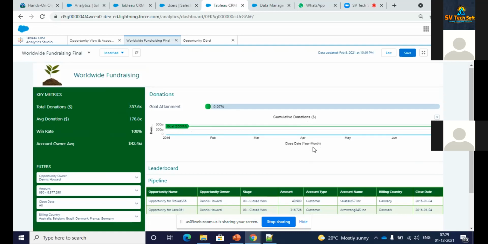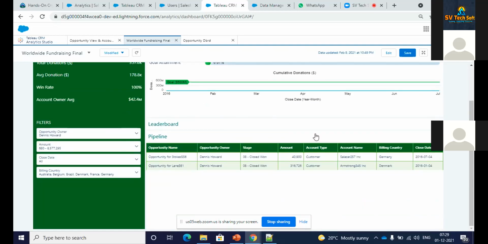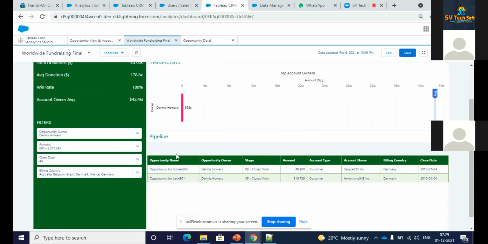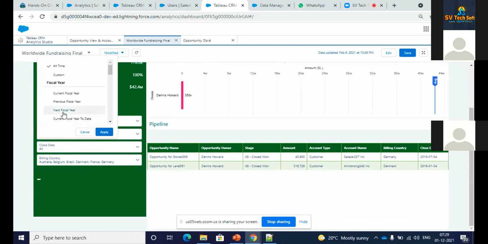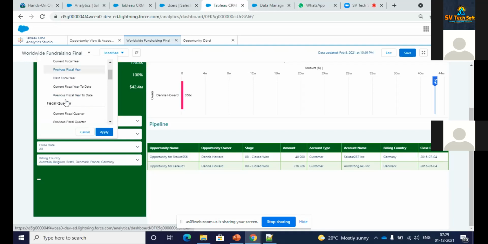What are the cumulative donations which are happening, and this is more of a dashboard. Okay, the dashboard table. So in the dashboard table you can easily view, like you have selected the filters, Dennis Howard is giving you that one. And whatever amount range you have selected, if you observe, that is based on that range only. Okay, and of course the close date, if you want to view for a certain close date,